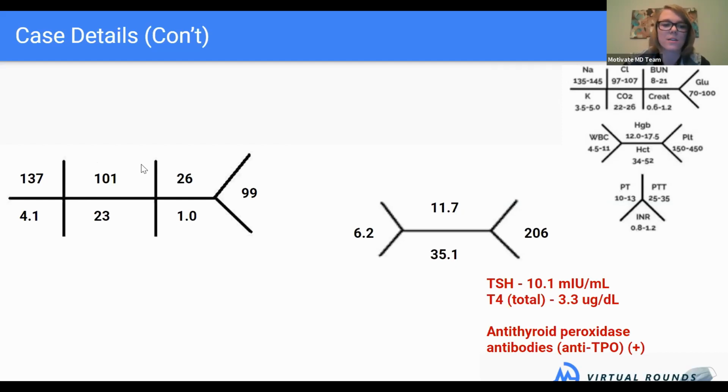She has a normal sodium as well. And then the labs that we are kind of concerned about, or should be concerned about here, are her TSH. Her TSH is elevated and her T4 is correspondingly low. And of note,